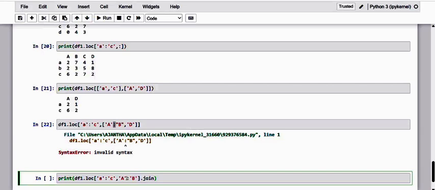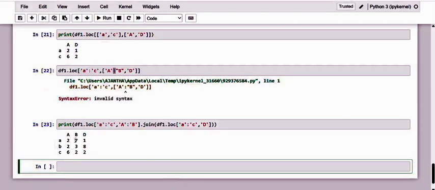So it is going to be df1 and loc, and inside that I need exactly the same loc. Towards this loc, kindly observe, the one and only thing I need is the D. So here I'm going to give the D. Now observe, I'm getting A, B and D.